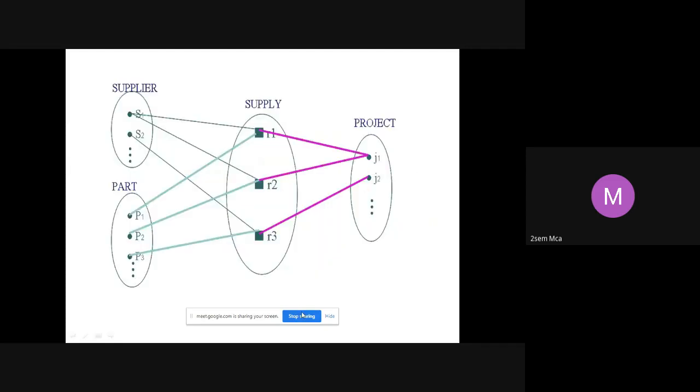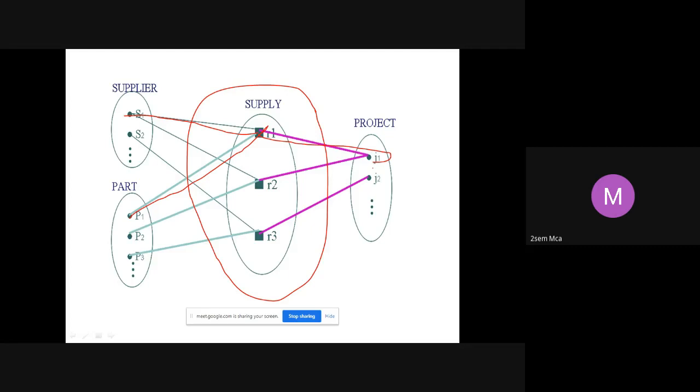See, this is how the relationship set, or the instances of this relationship, is shown. What is the relationship here? This whole supply is a relationship. Instances means how many such relations are existing here. For example, supply S1 is supplying the part, let us say the part P1, to the project J1. That is one instance of a ternary relationship.